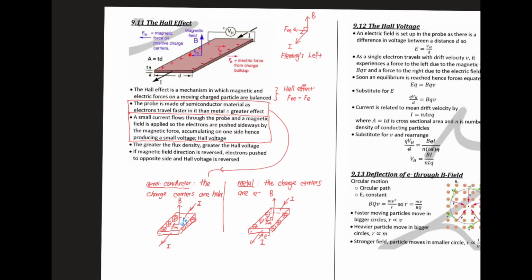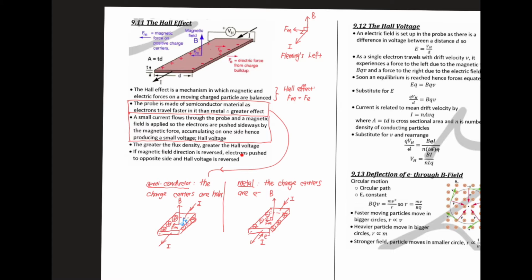So everything will just be at the other side. So if the magnetic field direction is reversed, electrons are pushed to the opposite side, and the Hall voltage is reversed. So that is true, but you see,